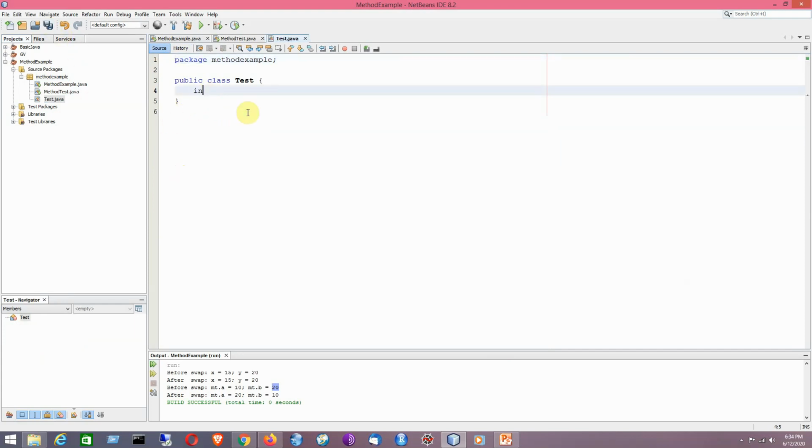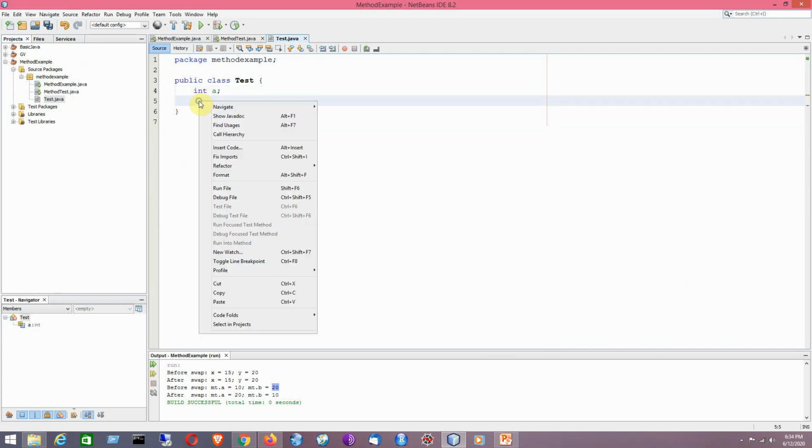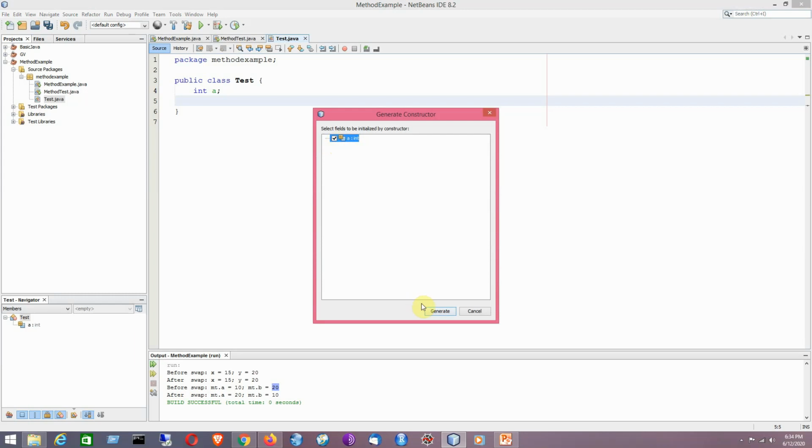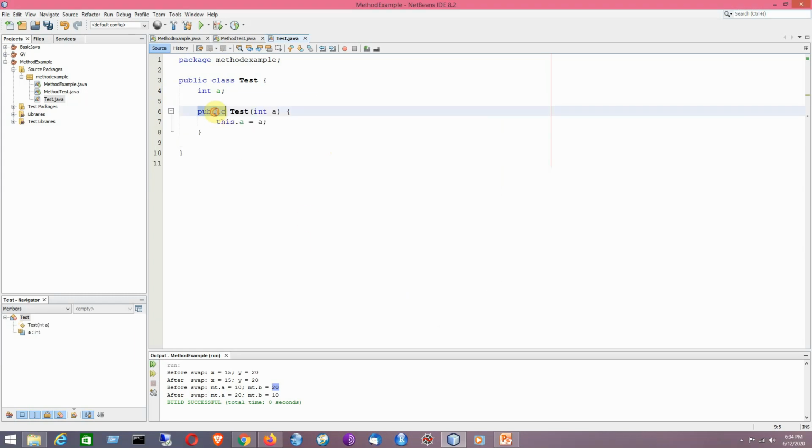Suppose I am having only one instance field that is called a. Now I am having a constructor. Same option I will be selecting here that I did earlier. So I have created the constructor. Now I will be doing what? I will be basically creating a method that will be